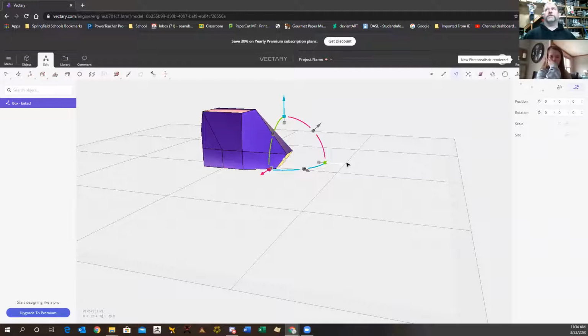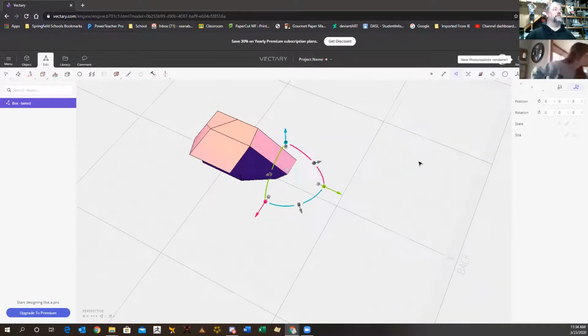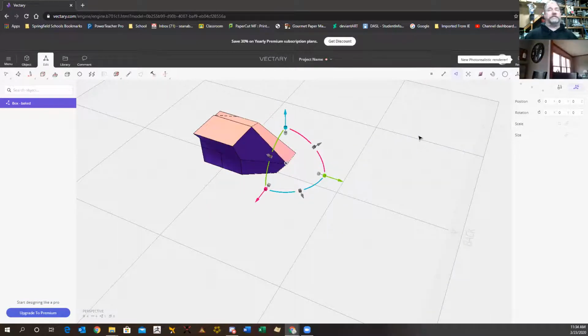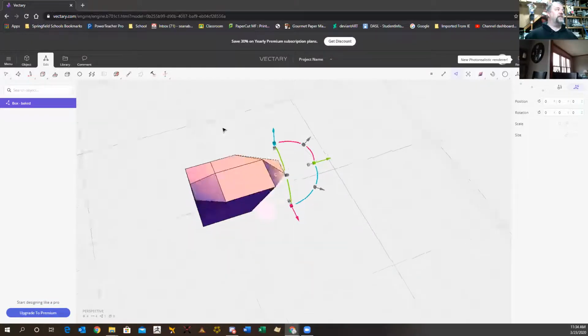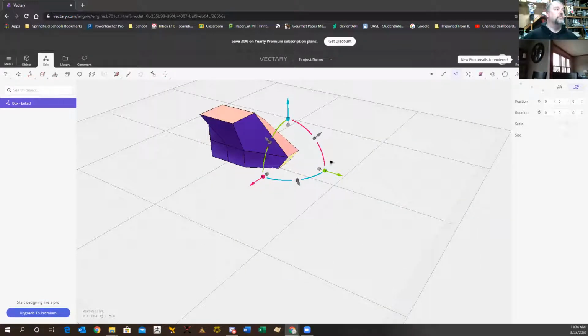That's gonna take you guys some time. So this week, what I would like you to do is instead of building something specific, I'd like you to mess with the program, make something, and then save that, send that to me, so that we're starting into 3D sculpting. It's going to be